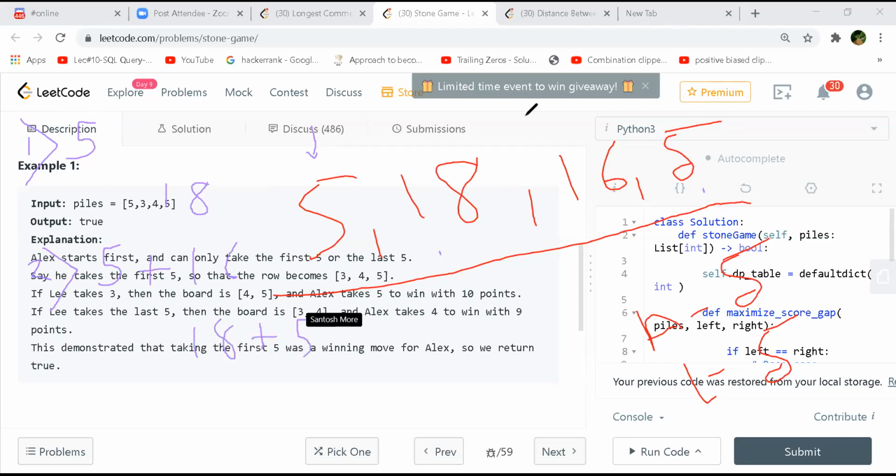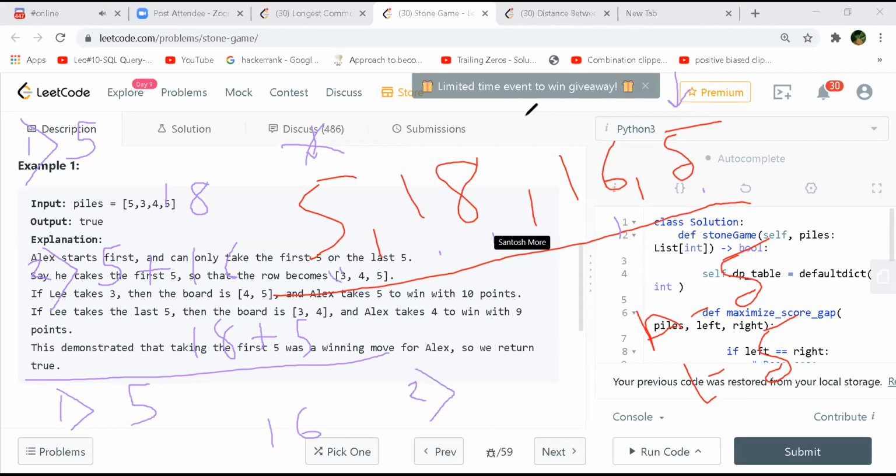But the question doesn't say that. The question says how we can win. So we'll have to explore the other possibility. So in the second case, I'll pick this 5, not this one, the one from the right side. So I have picked 5. Now Lee has only the option of picking 5 or 16. In this case he'll pick 16, right? So after my second draw, I'm left with 5 and 18. So I'll pick up 5 plus 18. So in this case Alex will win. So whatever the way you do, Alex will always win.